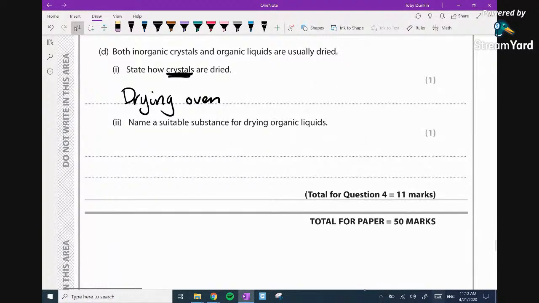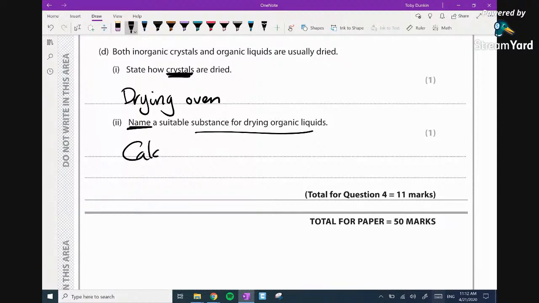Name a suitable substance for drying organic liquids. You need a... inorganic crystals are usually dried. State how they are dried. Yeah, I'm going to choose that. Could you use filter paper? Yes, probably. Be interesting to see what the mark scheme says. Name a suitable substance. Oh, maybe the mark scheme isn't there. Name a suitable substance for drying organic substances, and